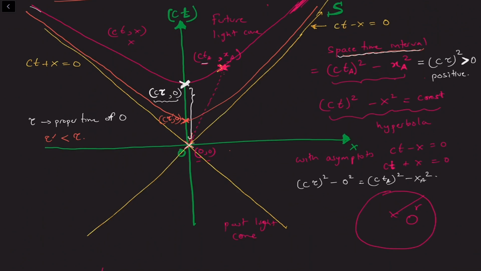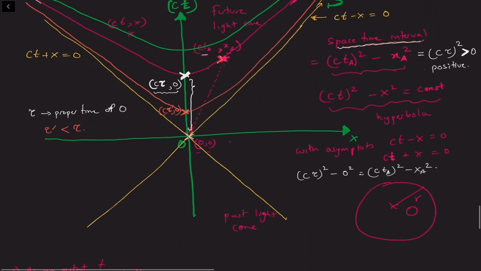So we get many hyperbolas, and all points on this green hyperbola are equidistant from O. All points on this magenta hyperbola are equidistant from O, and all points on the orange hyperbola are also equidistant from O. And the other important point is that for all these hyperbolas inside the future light cone,